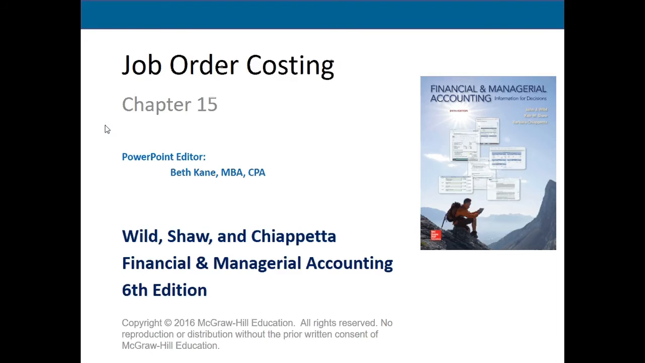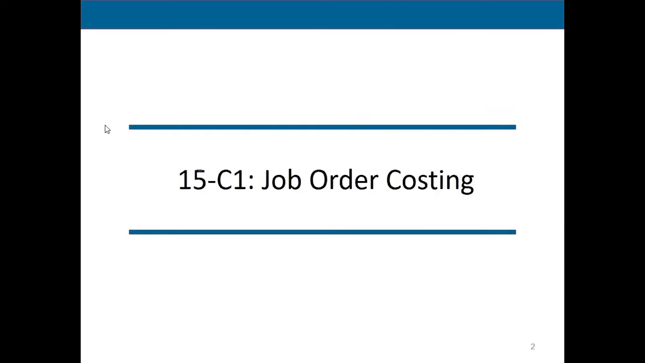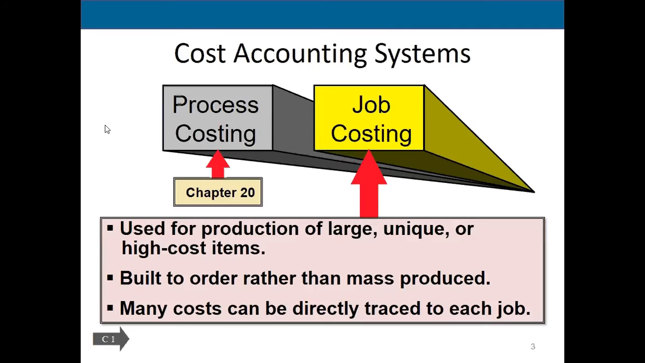Let's talk about job order costing. In job order costing, we're going to explain a little bit of the difference between process costing and job costing here in a second. But what I need you to think about just for a minute is the product cost that we learned about in the last chapter. Remember, we can classify costs by their function,